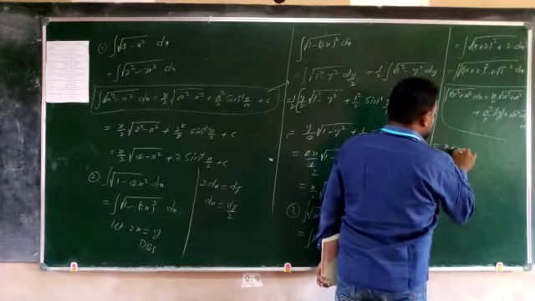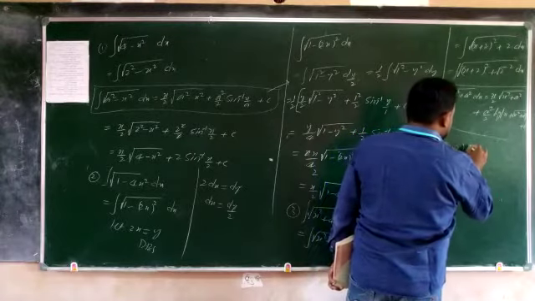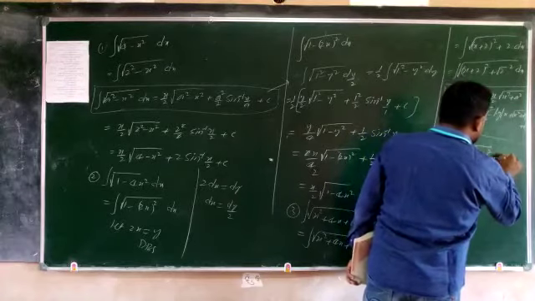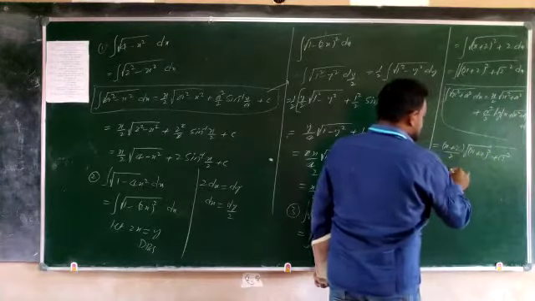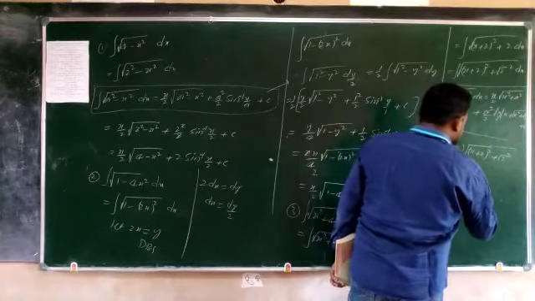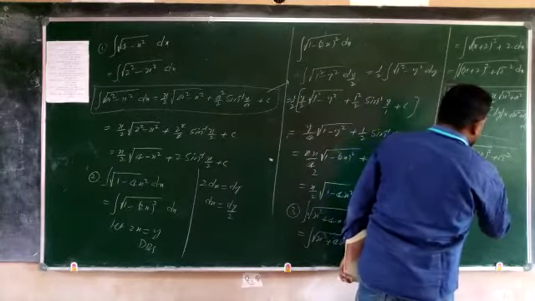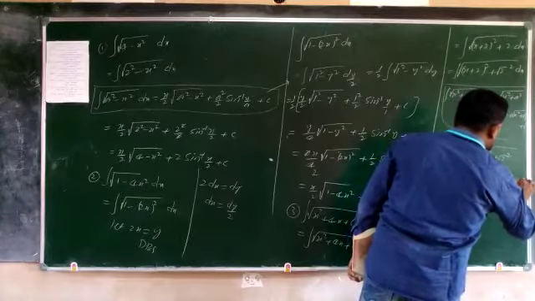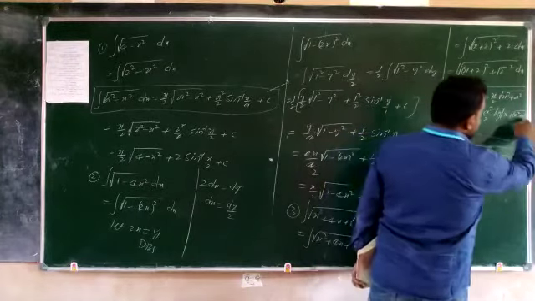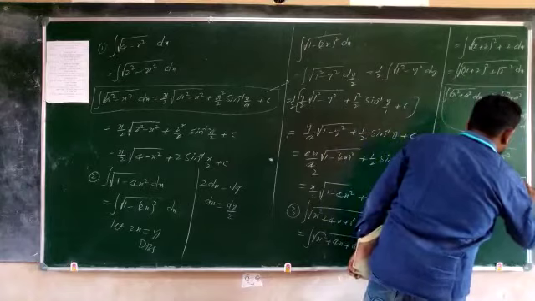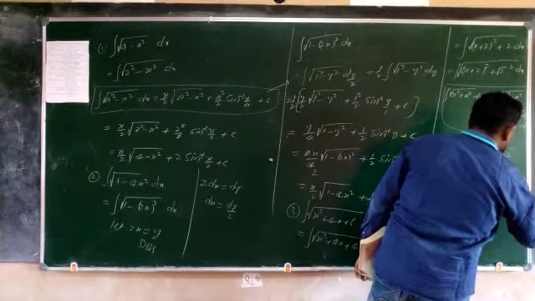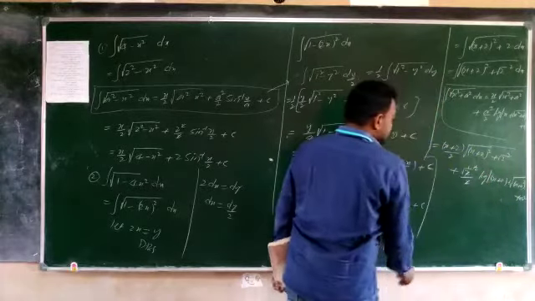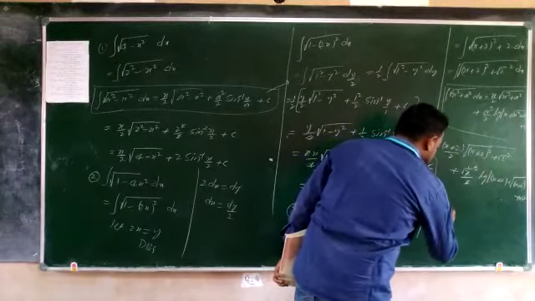So (x+2)/2 into square root of (x+2)² + (√2)² + a². Here a² is equal to (√2)²/2 into log|x + 2 + square root of (x+2)² + a²|. So here the square root gets cancelled, 2 gets cancelled. What are we getting? (x+2)/2